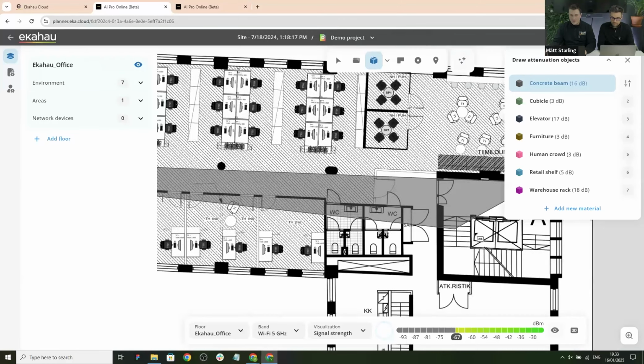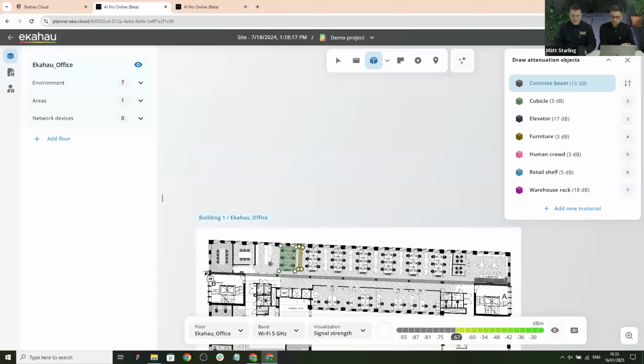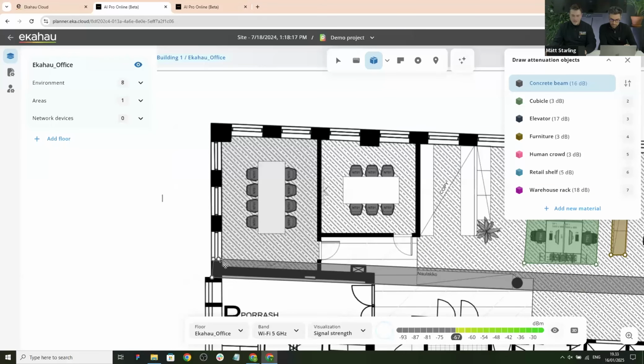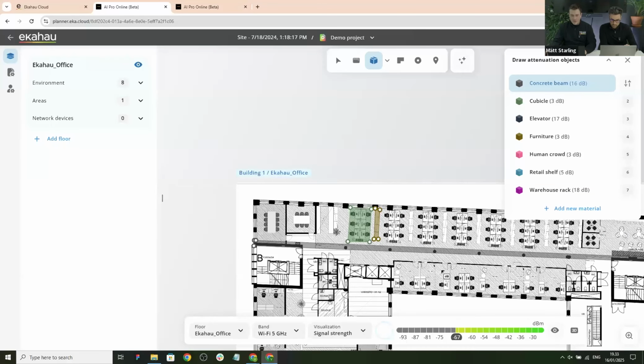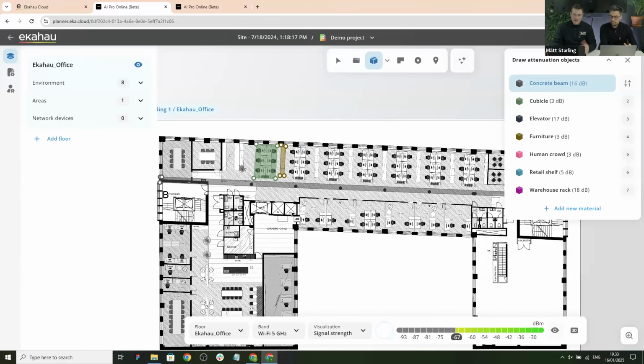So we have the most accurate model of this environment as possible. So here we have it. So, okay, but just to save this demo time and not draw all the cubicles, whatnot, I have actually prepared a project that is...